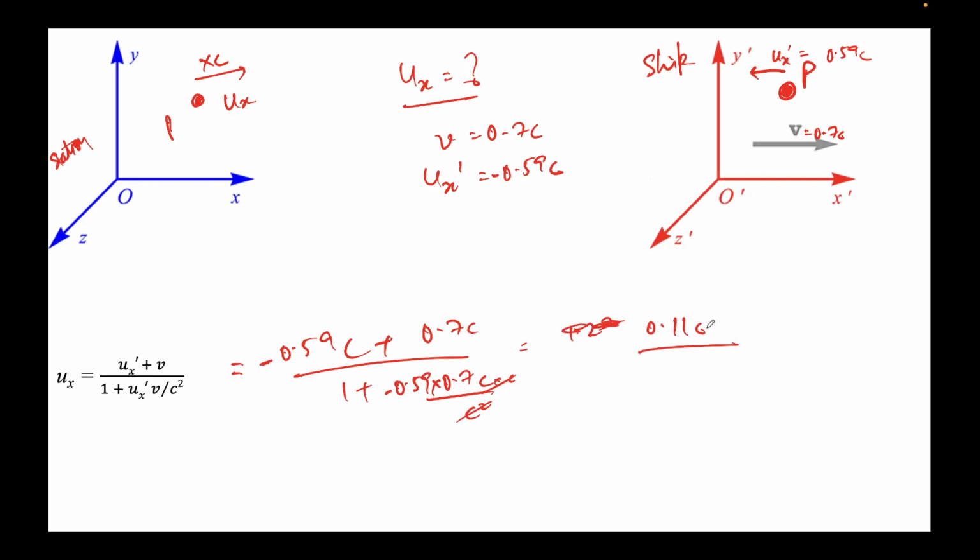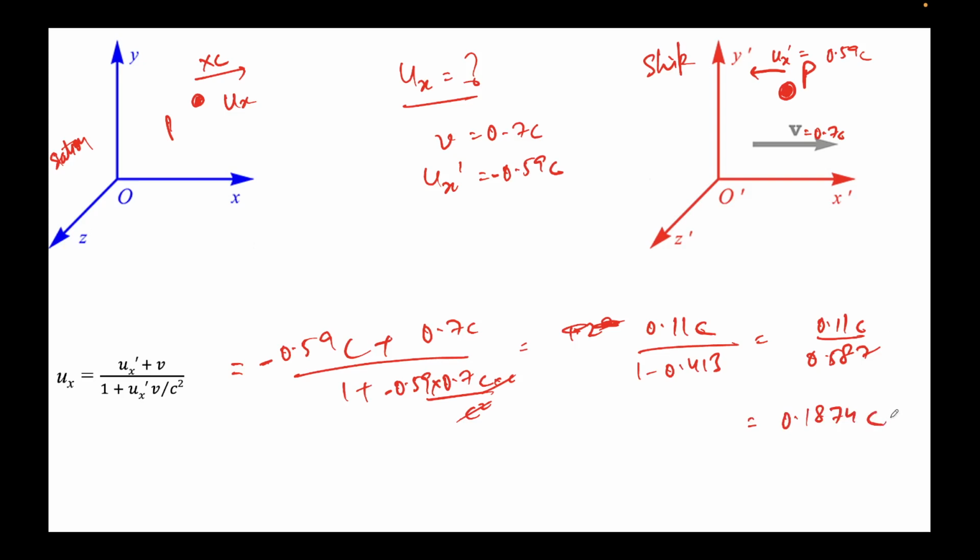70 minus 59 is 11, and this will come out to be... I need my calculator, just hold on. So this will be 0.59 into 0.7, this will be 0.413, so this will be 1 minus 0.413, and 1 minus 0.413 is 0.587. This is 0.11 c over 0.587, and we'll get our answer as